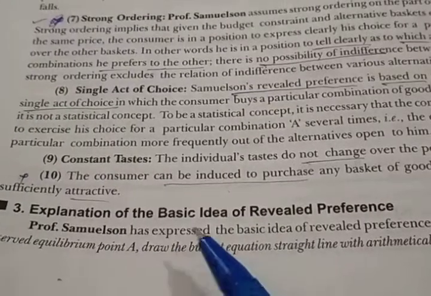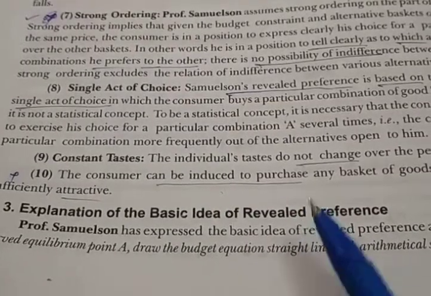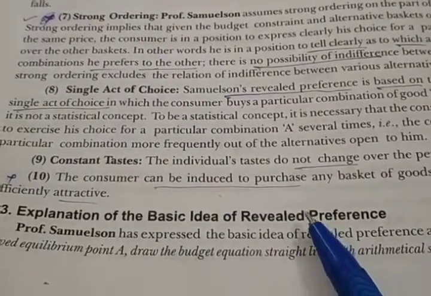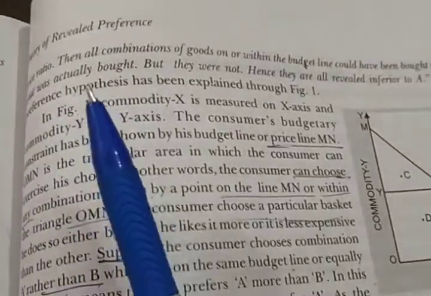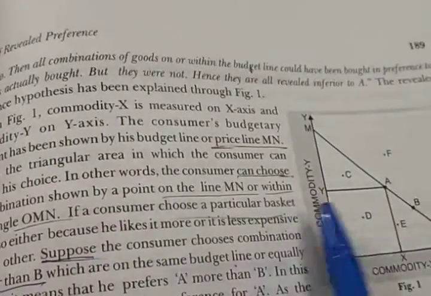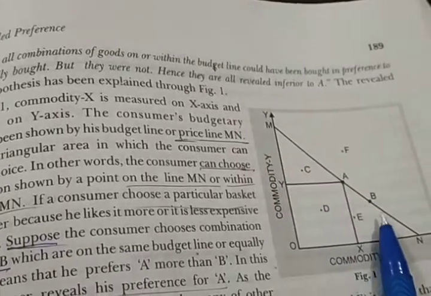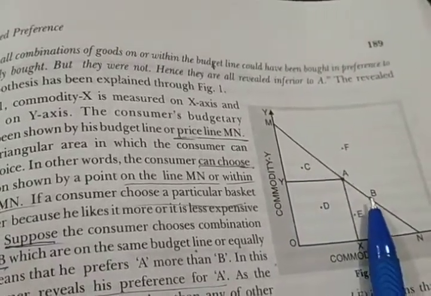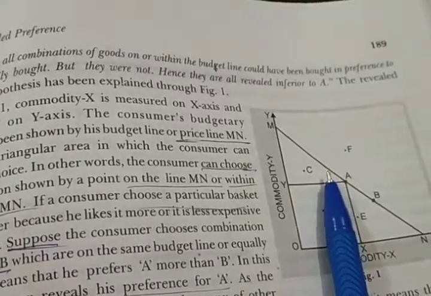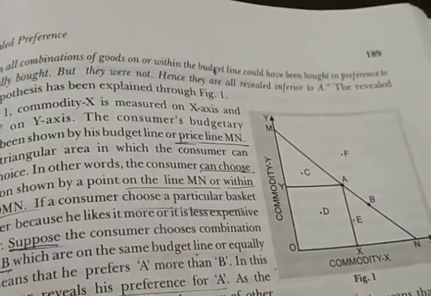want to know the meaning of revealed preference, then we should take the help of the price line. The price line, which is also called the budget line, is the same price line which is also used in indifference curve analysis. So the price line is a line which shows different combinations of two goods that can be purchased by a consumer with the help of his given money resources, and at the given prices of two goods.